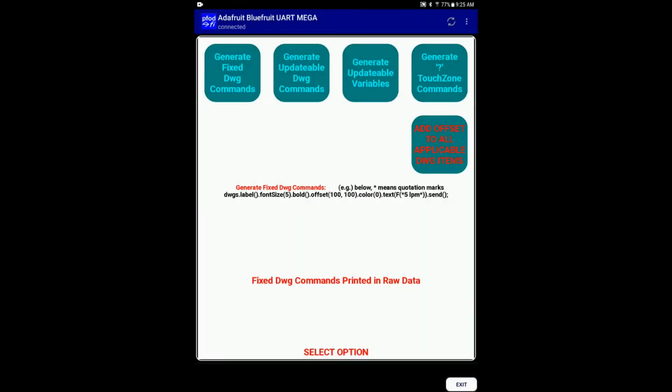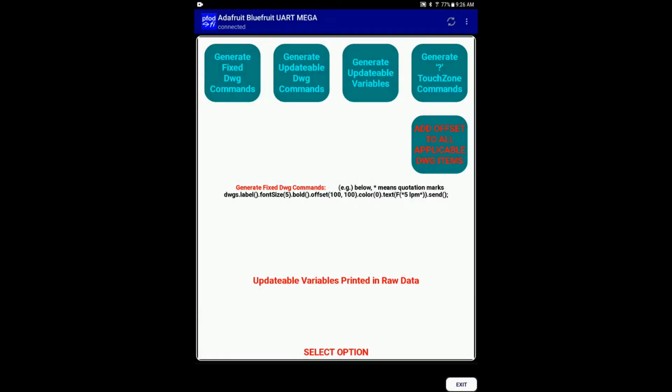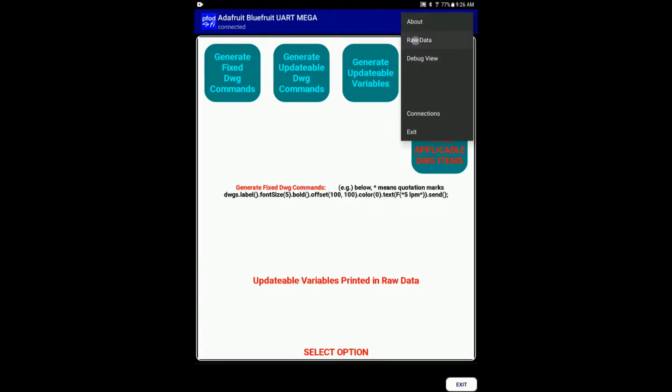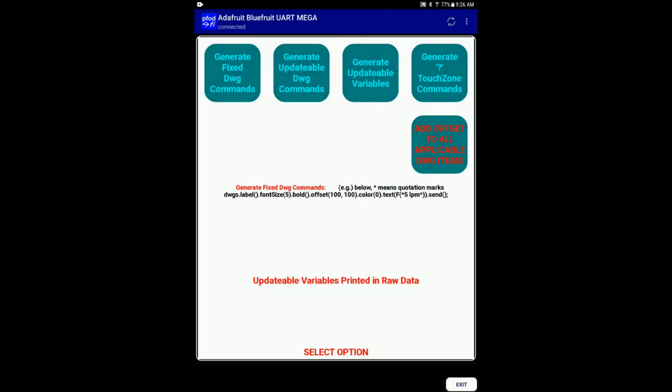Again, this is a fixed drawing command. There's nowhere I'm touching the screen there now, there's just numbers in there like radius and start angle, but you can put variables in there, of course, eh? And that's what the updatable drawing commands are doing now. So drawing circle. So there's your radius right there. It's your radius 2. That's your variable that goes with that particular drawing command now. All color 2, eh? And if you wanted to generate your variables, you go ahead and do that. Right, float radius 2, byte all color, yeah. So that's the difference between fixed drawing command and